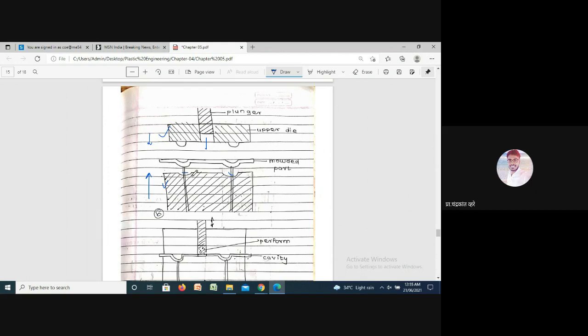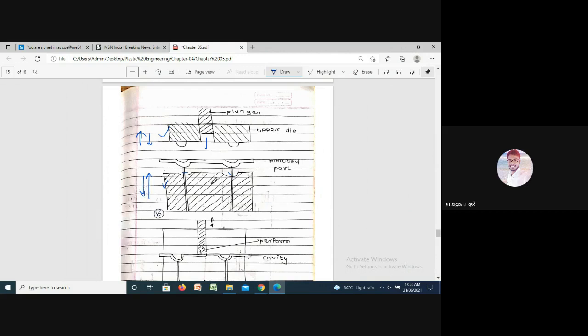When the two dies go apart, in the unloading condition this die will go upward and this die will go downward.